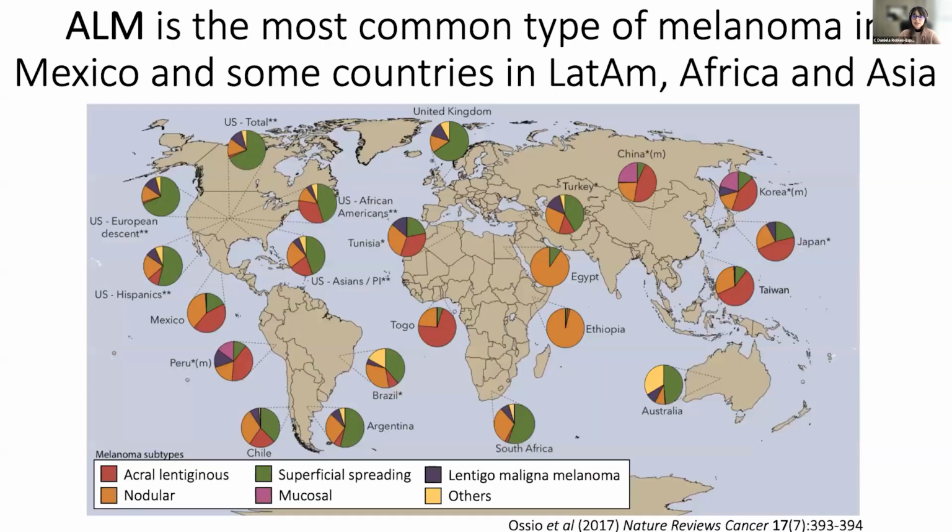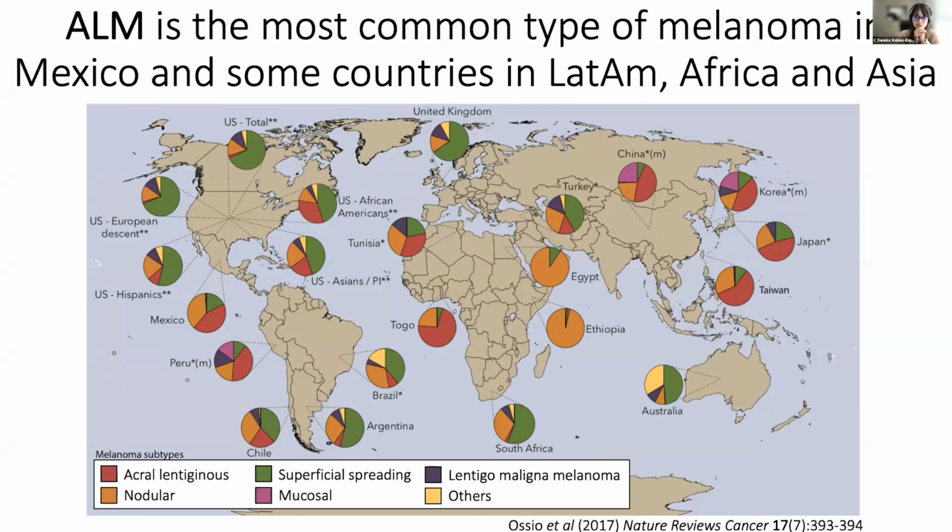However, if we look at the distribution of melanoma subtypes in select countries around the world, as I am showing you in this map, then we see striking differences. Here, you see acral lentiginous melanoma in red and the other subtypes I showed you before in other colors. We can see that it is the most common subtype here in Mexico, where I'm based, and in other countries such as Peru, some countries in Africa, and some countries in Asia. An important note about this map is that it only shows the proportion of melanoma subtypes around the world. It doesn't really tell us anything about the incidence.